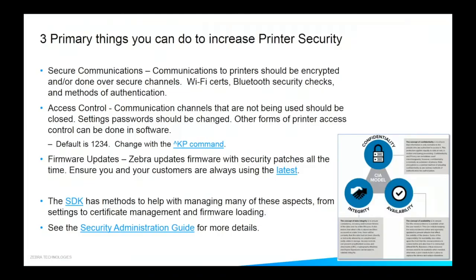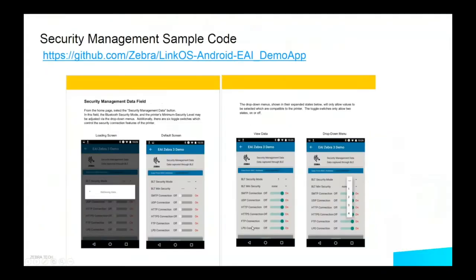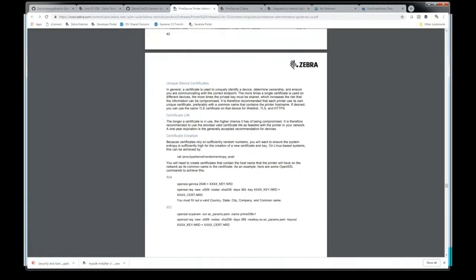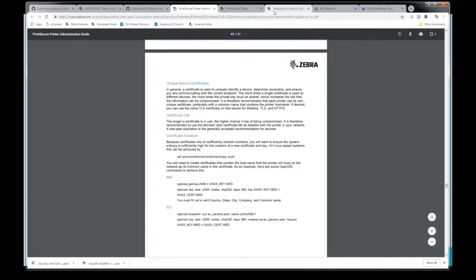Also, go through that guide, definitely, if you're interested in security. We also have a demo app on our GitHub account that shows some of the different things you can do